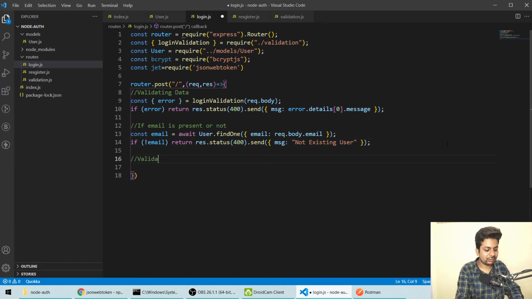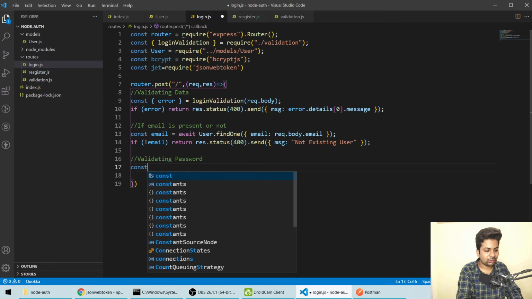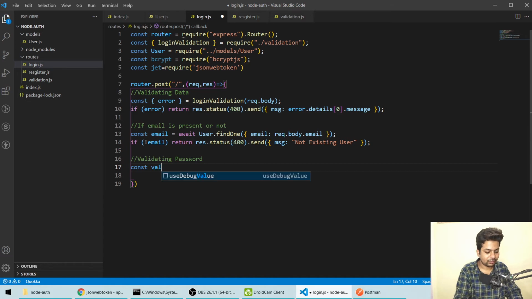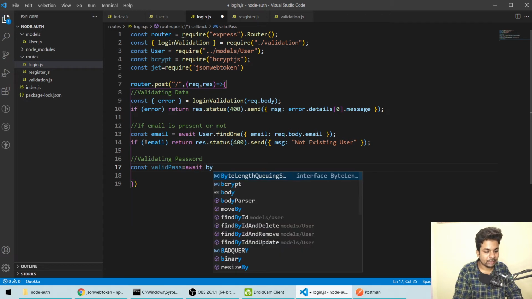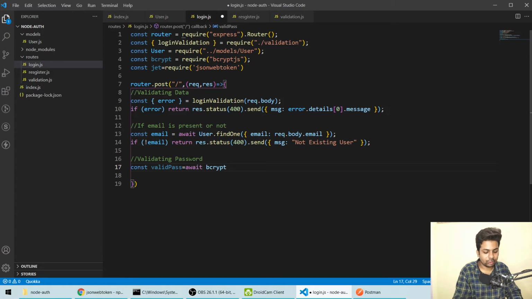Then we'll validate the password. Now here we'll use salt only, because we have taken Bcrypt. Then we'll say const validPass, and we'll say await Bcrypt, or whatever you call it, dot compare.